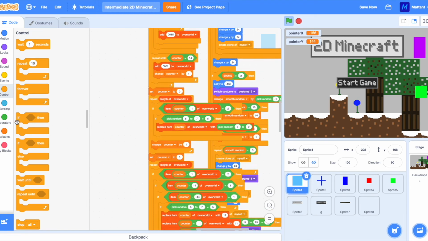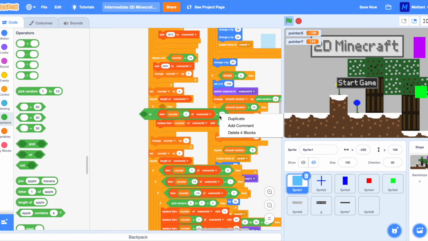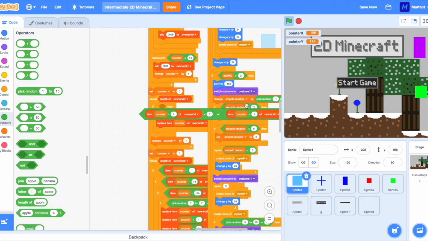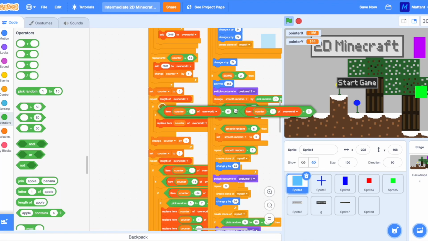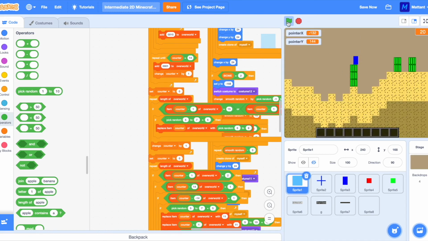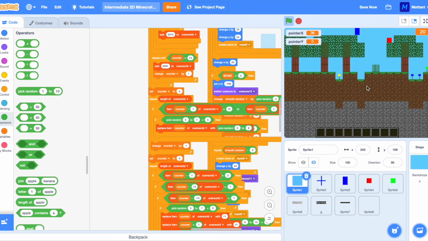So we'll put an OR block, and then we'll put block 15 there. And now we've got the generation system working again,